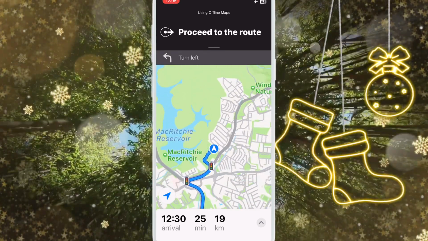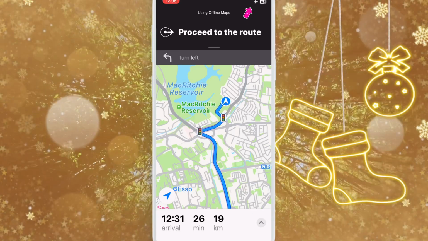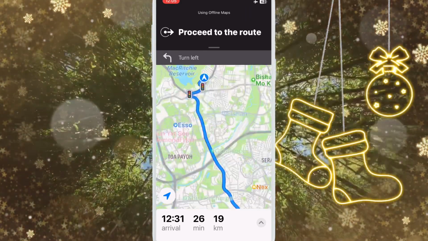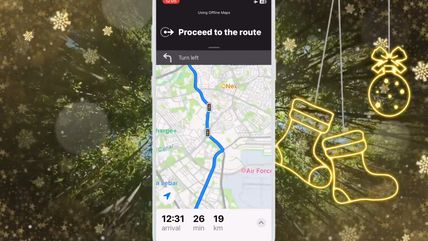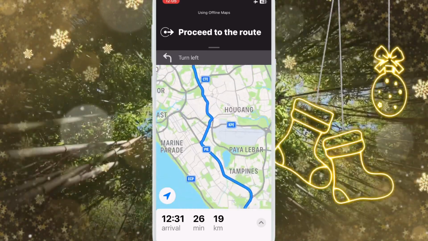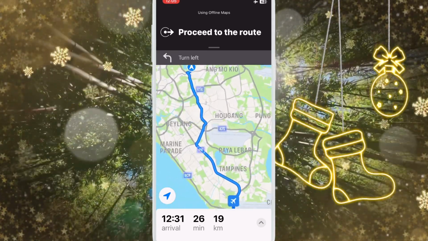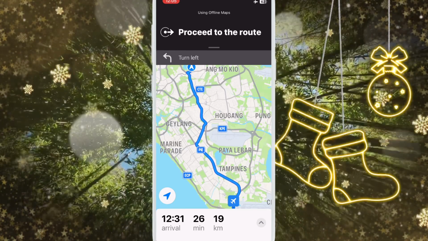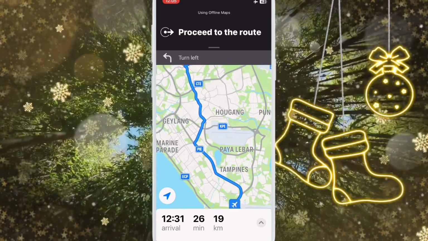And you see here, friends, my phone is still in flight mode and I can use iPhone Maps offline for driving. But remember, friends, if you want to use offline map, you must save all your locations in my guide. So friends, it is very simple and easy to use